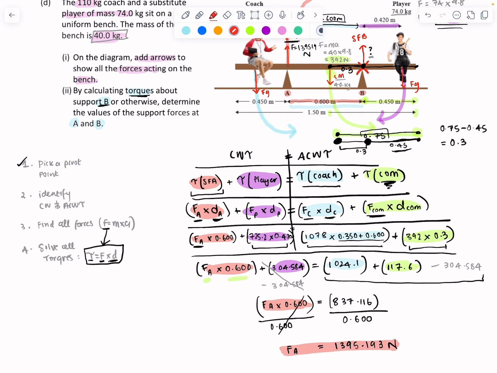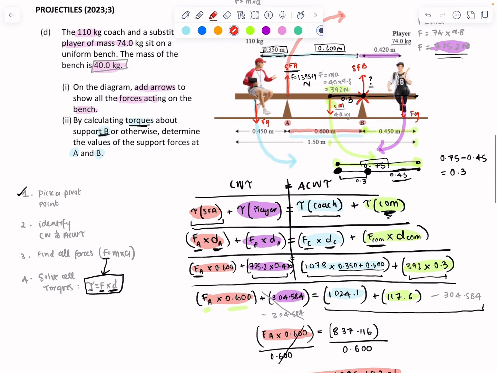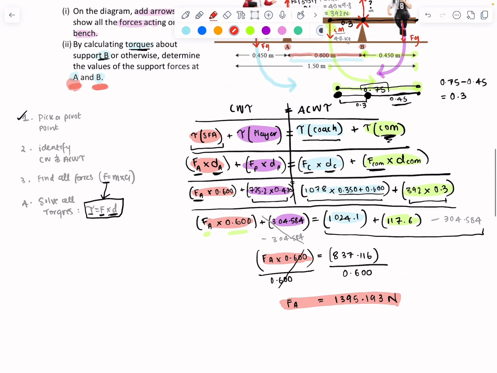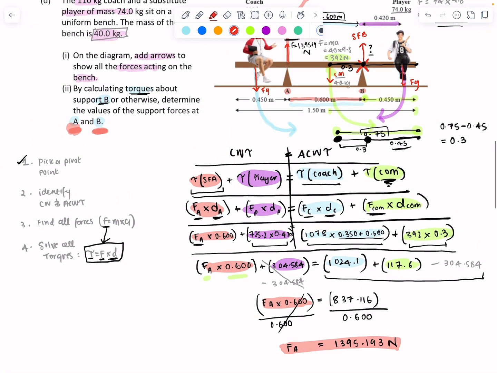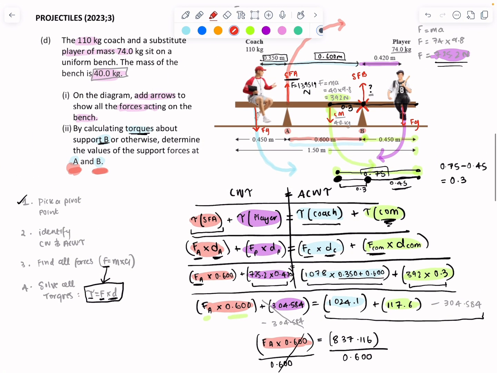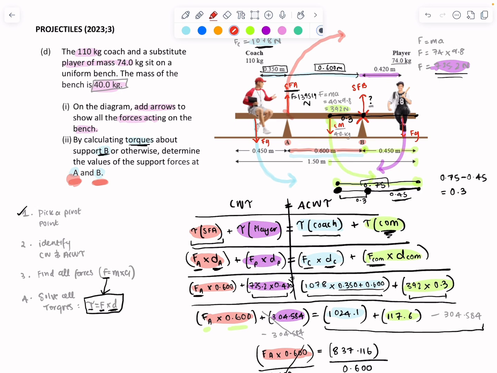But that's not the end of the question. Why is it not the end of the question? Well, it says that we need to calculate the force provided by A and B. We've just done A, that's great, but we need to do support force B. So we could do this whole process again by making support force A the new pivot point, but I've got